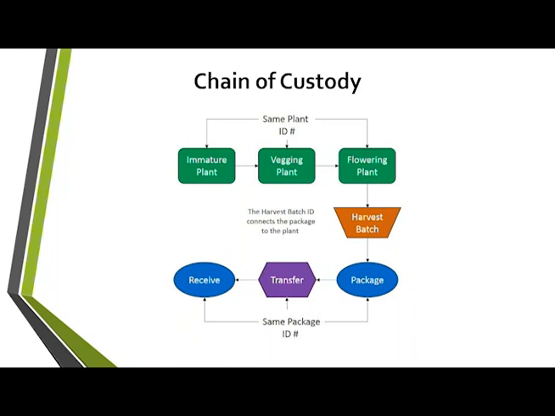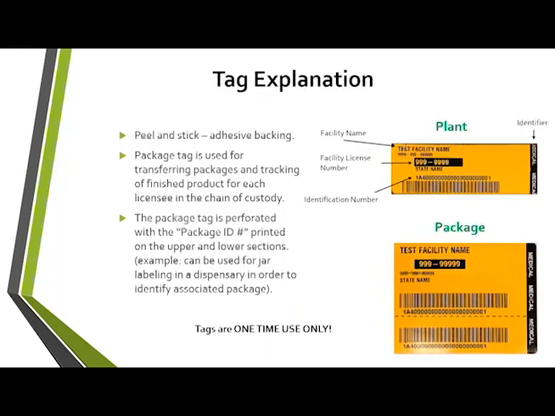So the harvest batch, again, is not tagged. It's got a unique identifier that's provided by the licensee that harvested it. Once that is dried and cured, they will package it up using a package tag. And again, really want to be clear on this: when it's transferred and received, that package tag doesn't need to be changed. The package tag remains the same. The system knows that that package went from that particular licensee to your license. And we track that number throughout the process, which we'll talk about when we get to transfers.